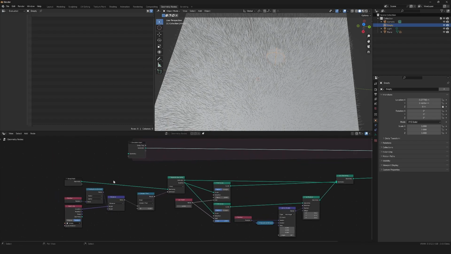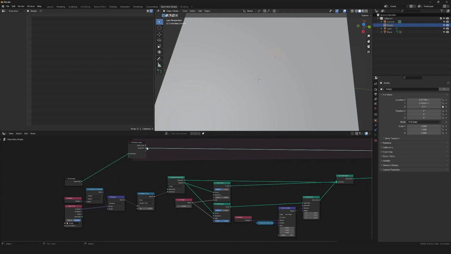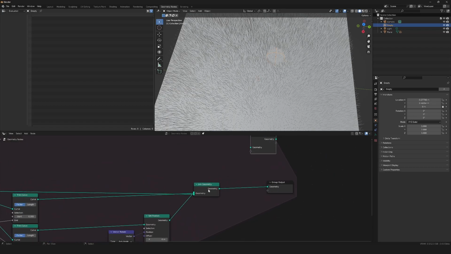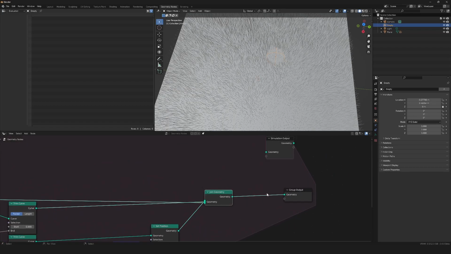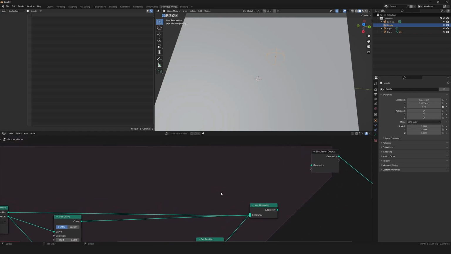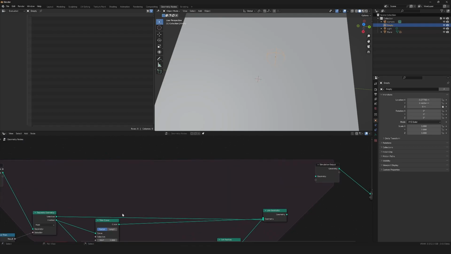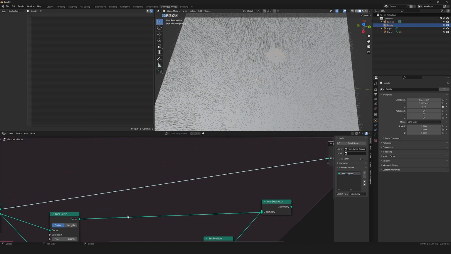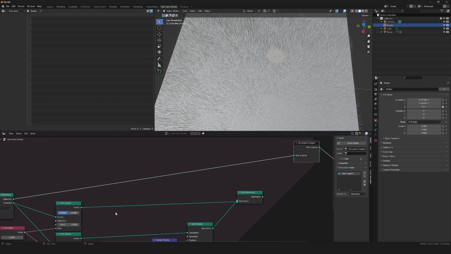So let's cut this here, let's cut this, and actually I don't want to show this inside of the simulation. I want to keep them separate inside of the simulation. So for the selection, I'm going to plug it here, and I'll call this uncut grass. And then for the grass that it's cut, the roots of the grass, I'm going to add another simulation state and call it